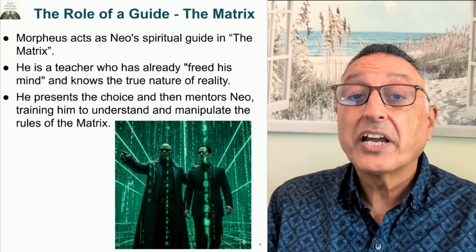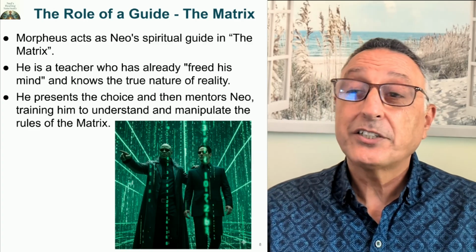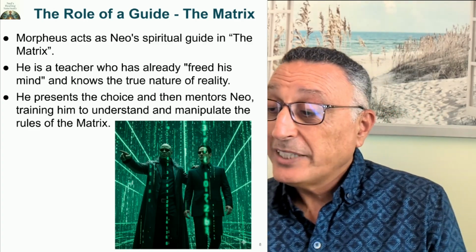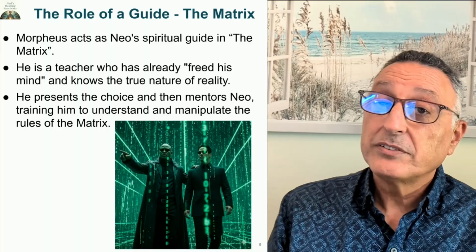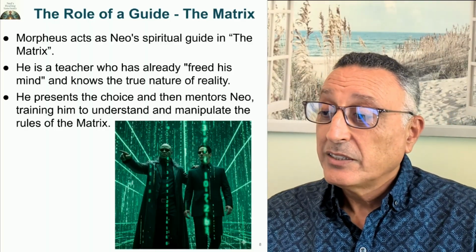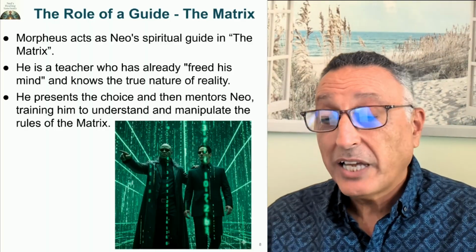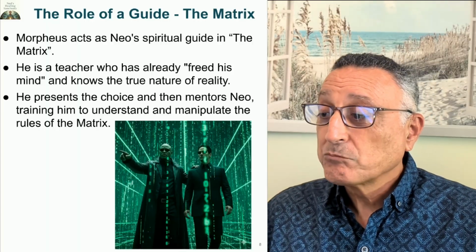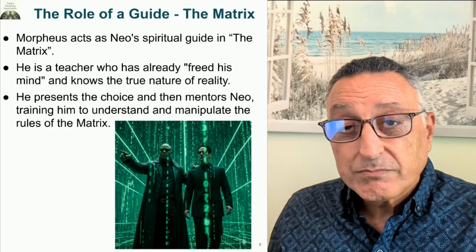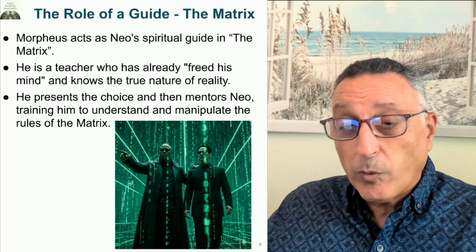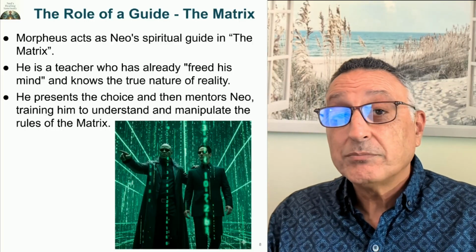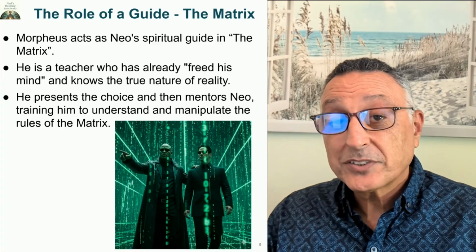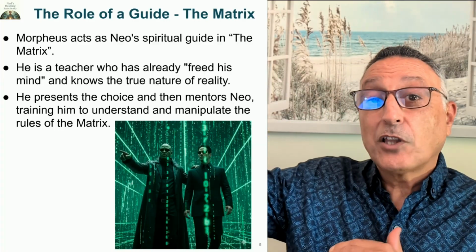So let's look at the role of the guide in both the Matrix and Earth. In the Matrix, as we mentioned, Morpheus was Neo's guide. He was made aware that Neo was having doubts while he was in the incubator. So he went to find him. They pulled him out of the Matrix with the red pill, unplugged him, and took him away. Now he had to teach him about the Matrix and how to live beyond its laws, its rules.